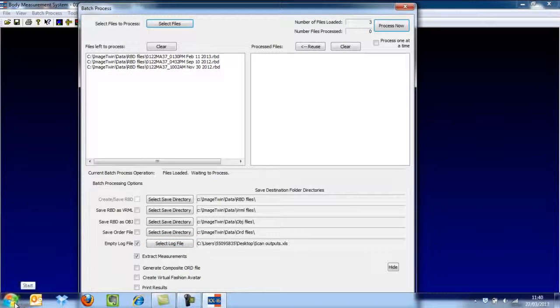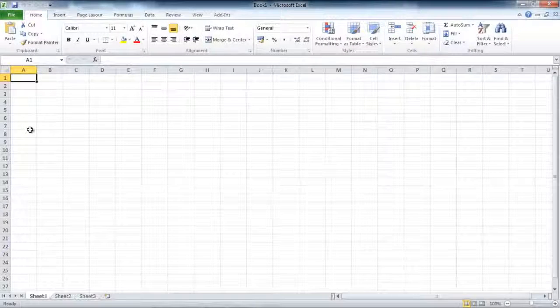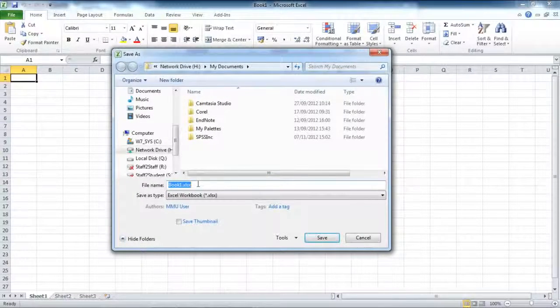So we're going to go to the bottom menu and open up Microsoft Excel. Now you can do this prior to going through the batch processing and have the file already on the desktop or already in the location you want it to be, but what you need to have is a .xls Excel file somewhere for the measurements to go into. So we're going to File, Save As, we'll give it a name that we're going to remember,